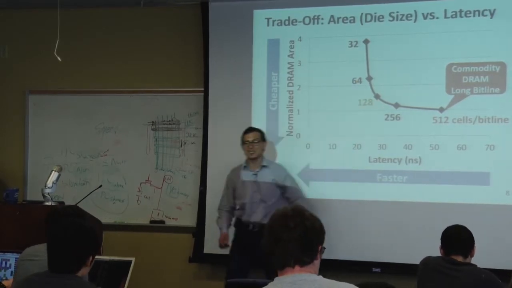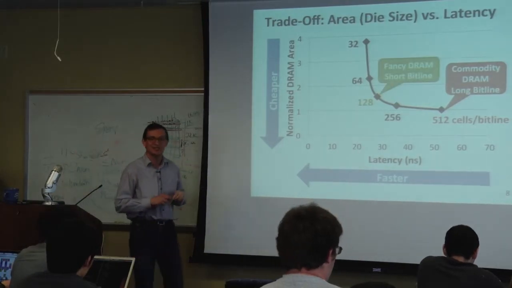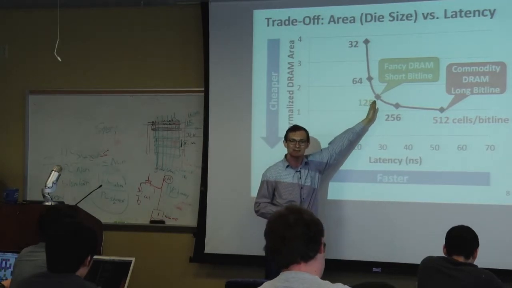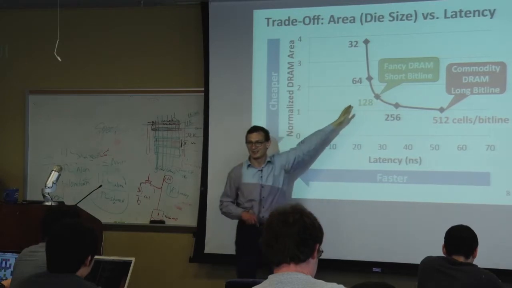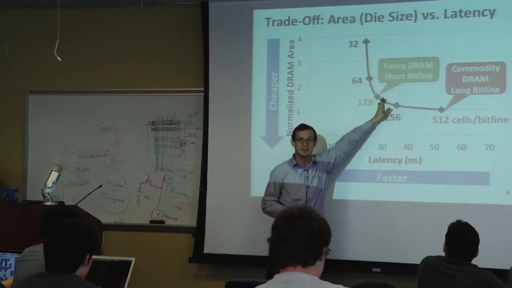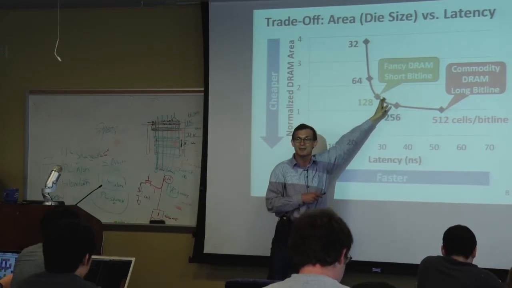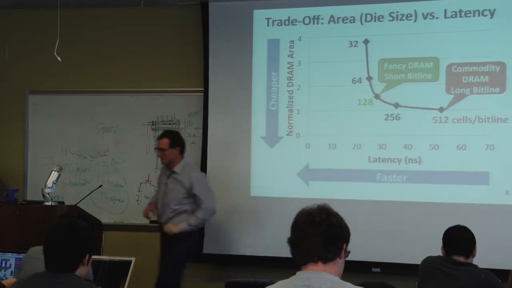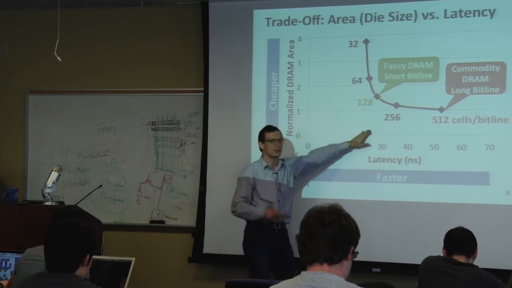In fact, you can get some fancy DRAM today in the market called reduced latency DRAM or fast cycle DRAM that basically does exactly this, except if you want to buy it, you have to pay more money. These are used in expensive routers, for example, because they do want to reduce the latency of packet processing. As a result, some of them use reduced latency DRAM to minimize the memory access latency. But in commodity machines, if you use them, your machine cost will go up.